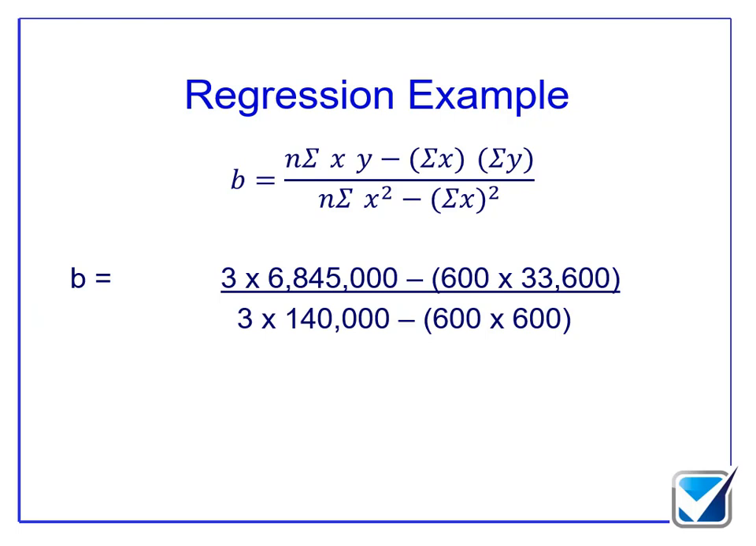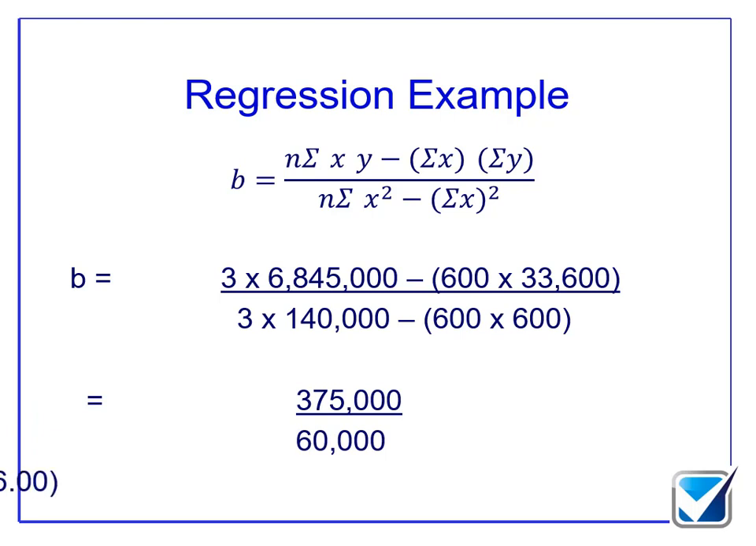We've got 3 multiplied by, it's 3 because we've got 3 sets of data, multiplied by the sum of XY, 6.845 million, minus sum of X, 600, multiplied by sum of Y, 33,600. That gets divided by 3, which is N, multiplied by the sum of X squared, 140,000, minus the sum of X, 600, all squared. When you crunch that through your calculator, you now get 375,000 over 60,000,